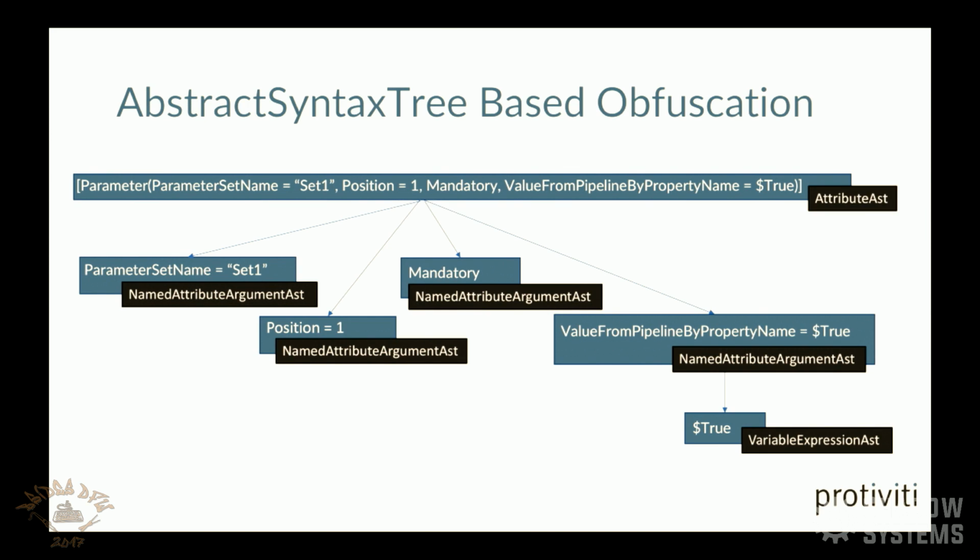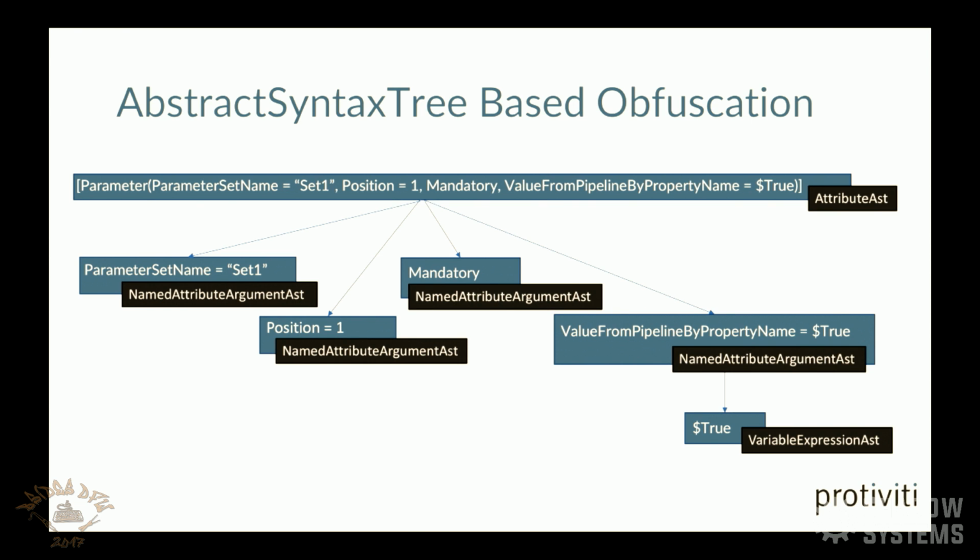So where abstract syntax tree-based obfuscation differs a little bit, we'll go through an example of that. So this is just a subtree inside of the entire tree of the script, just because it doesn't display nicely on the screen. It's a little large. So we'll take it in portions at a time. Basically what this is, is an attribute AST that applies some attributes to a parameter inside of the entire param block. And you can see there's 4 different attributes it applies here. One of those being the mandatory attribute, which basically just tells that function that you can't call it unless you